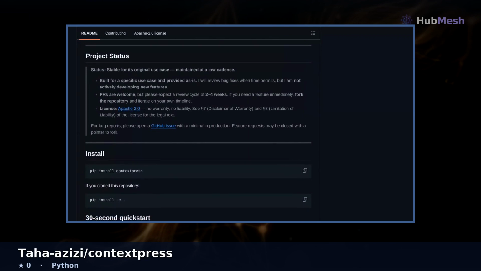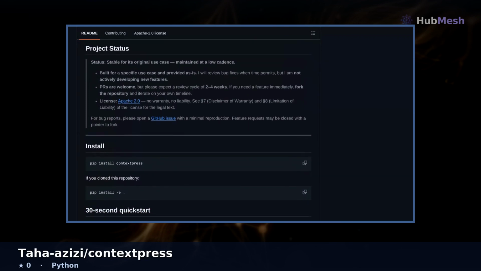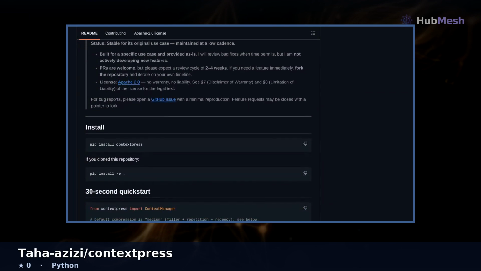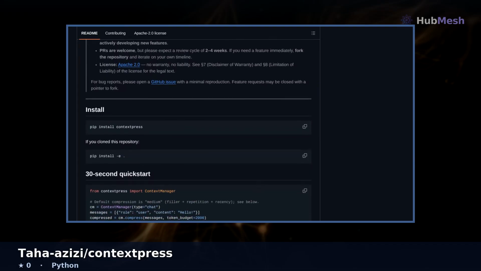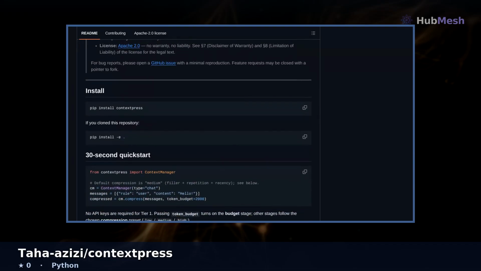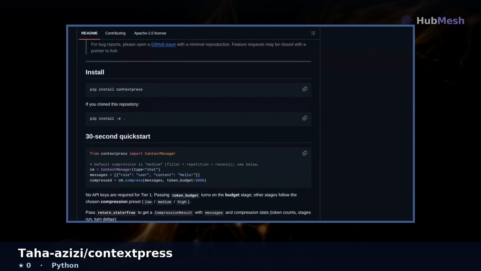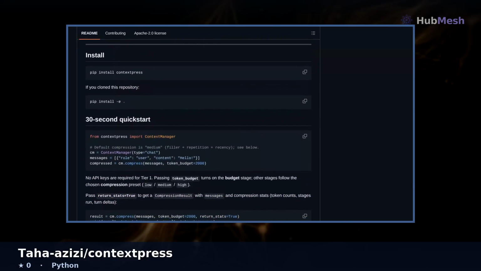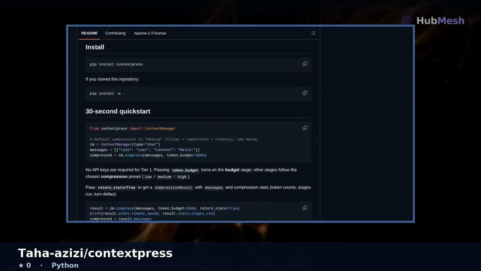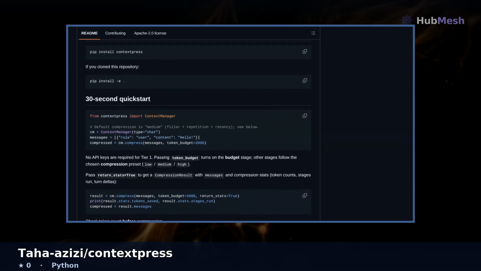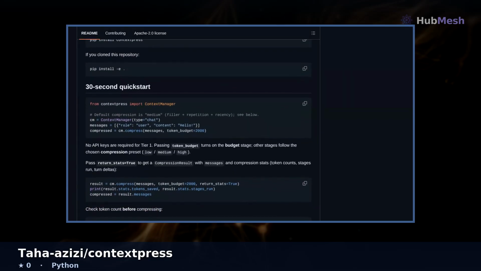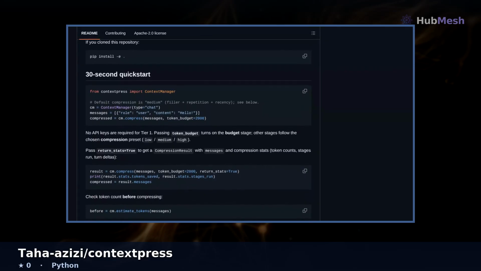efficient. The project status indicates contextpress is stable for its original use case, maintained at a low cadence, and welcomes pull requests with a 2 to 4 week review cycle. To install contextpress, simply use pip install contextpress, or if you've cloned the repository, pip install -e . for an